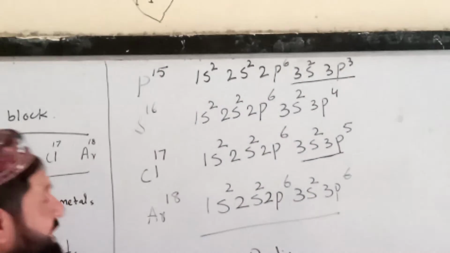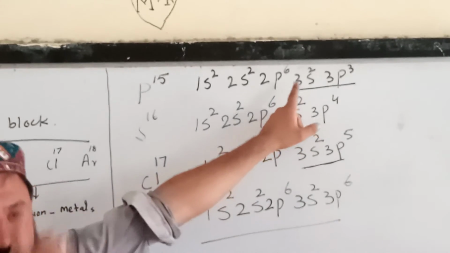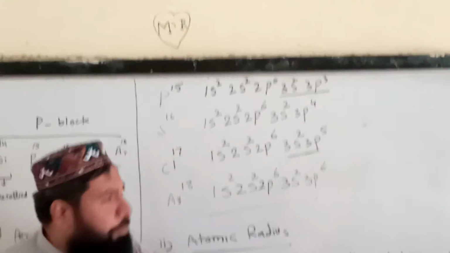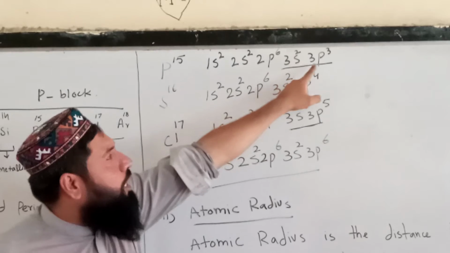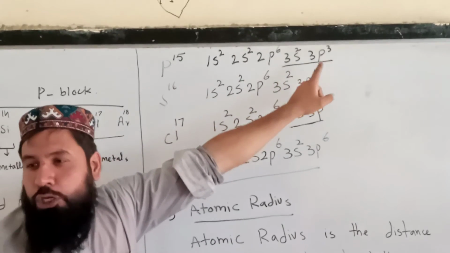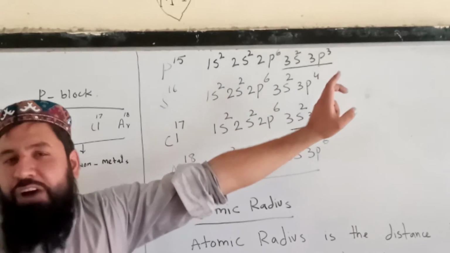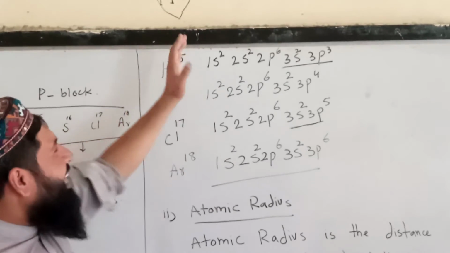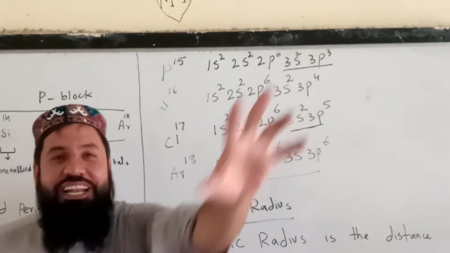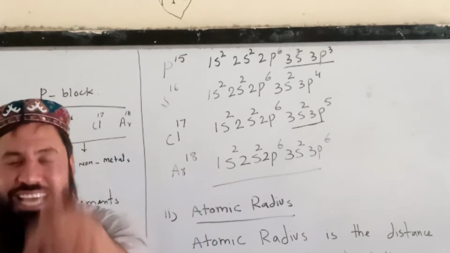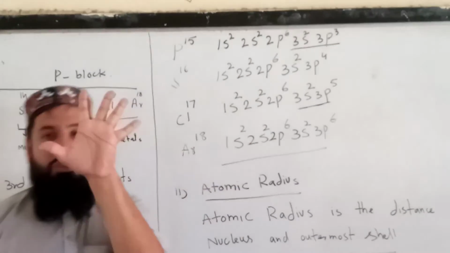This is the outermost shell, the third shell, 3s and 3p. 3s contains 2 electrons and 3p contains 3. So 2 plus 3 is 5. Phosphorus has 5 electrons in its outermost shell, and that is the reason it is present in the 5th